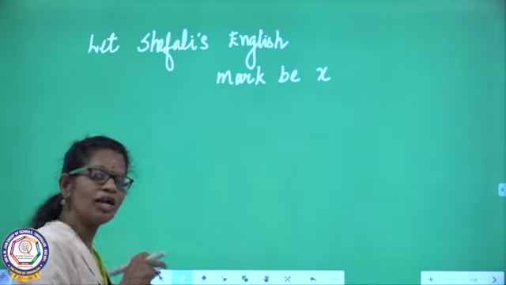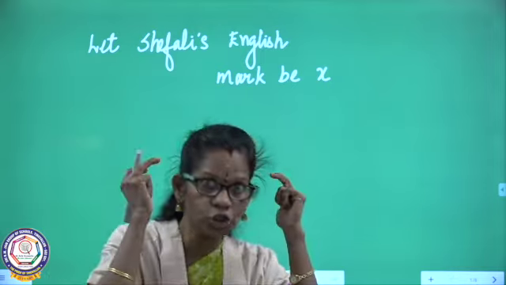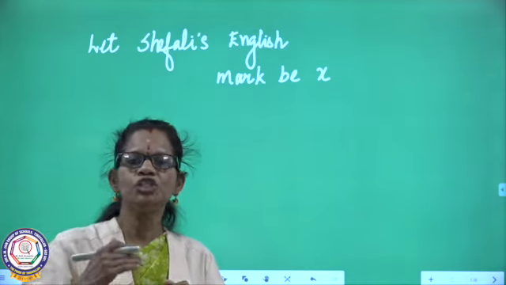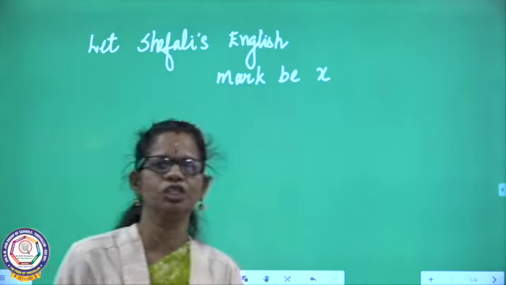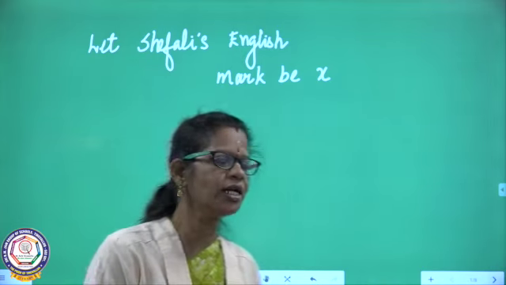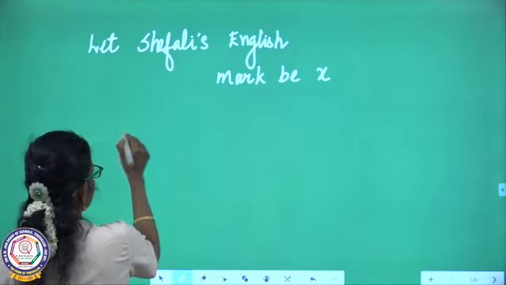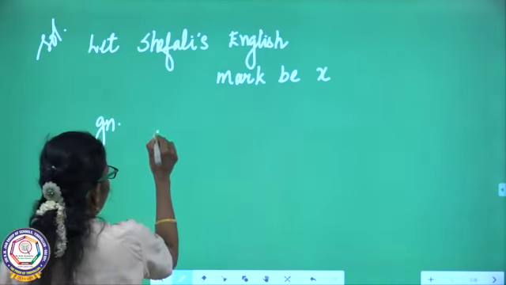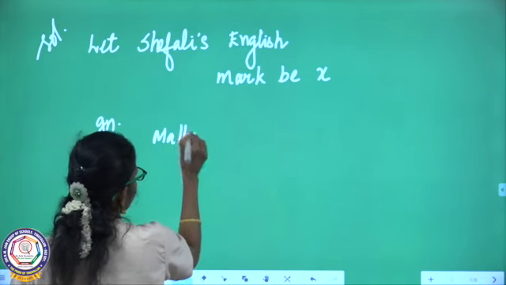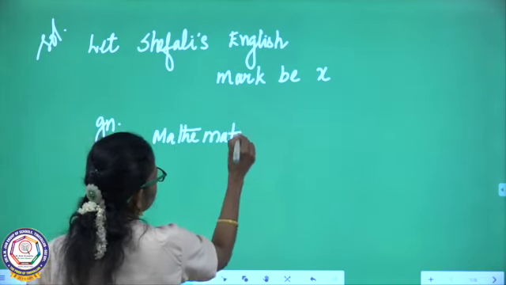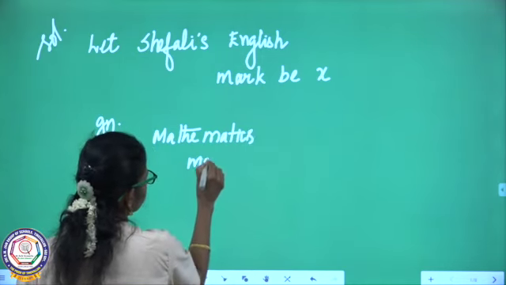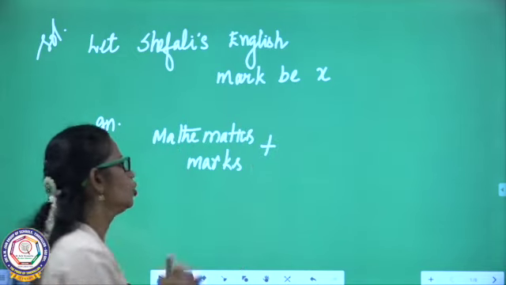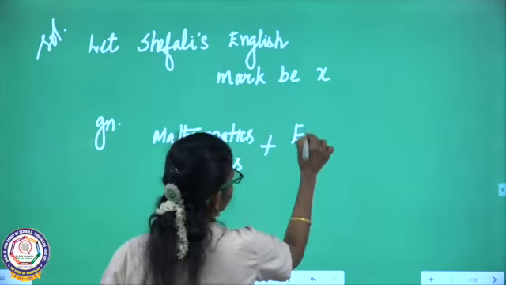Next, what they gave in the question, you read twice, then it should be registered in your mind. Recall the statement again, right? Sum of Shefali's mathematics and English is 30. So, this is your solution. Given: mathematics marks plus, the word sum you have to recall again, English marks,